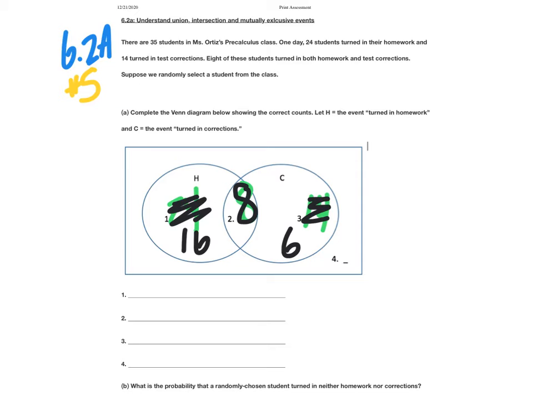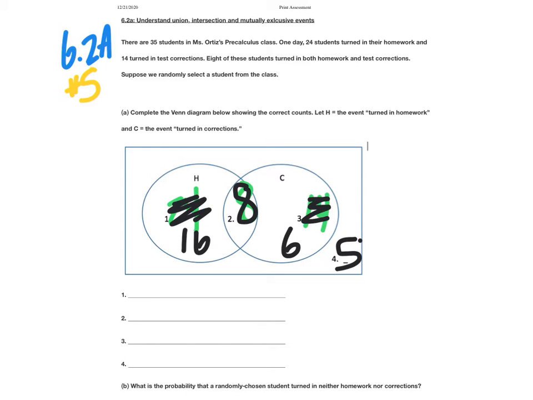So now, if you were to tally up everything, our 16, our 8, and our 6, you're going to get 30 students. But she has 35 students total in her class, so that means if this is all 30 together, there's 5 that didn't do anything whatsoever, so the outside of this would be 5, and that would be your Venn diagram. Now the probability question here says, what is the probability that a randomly chosen student turned in neither